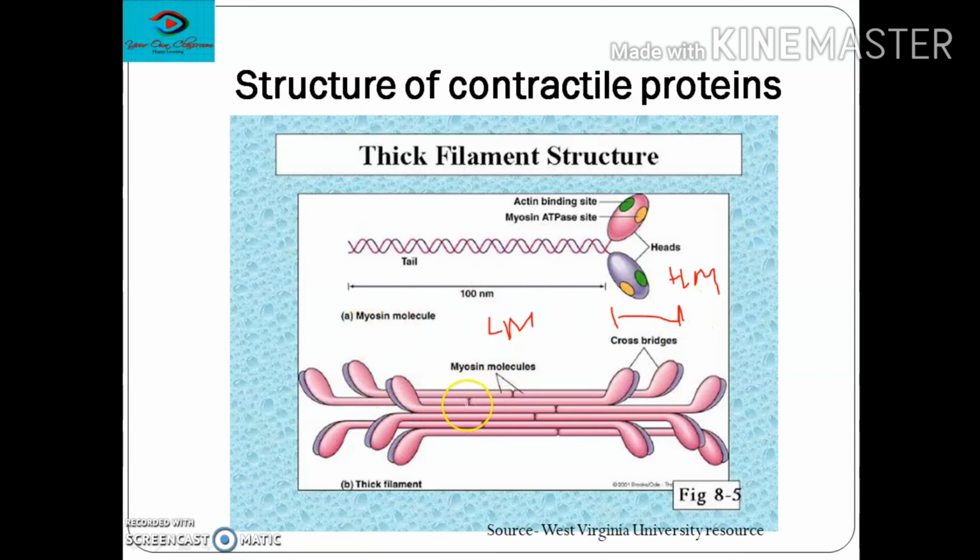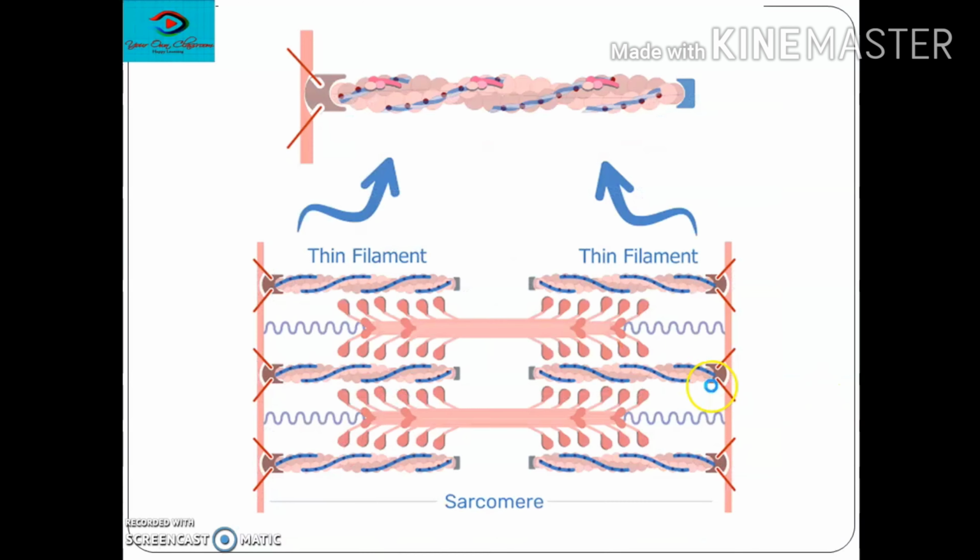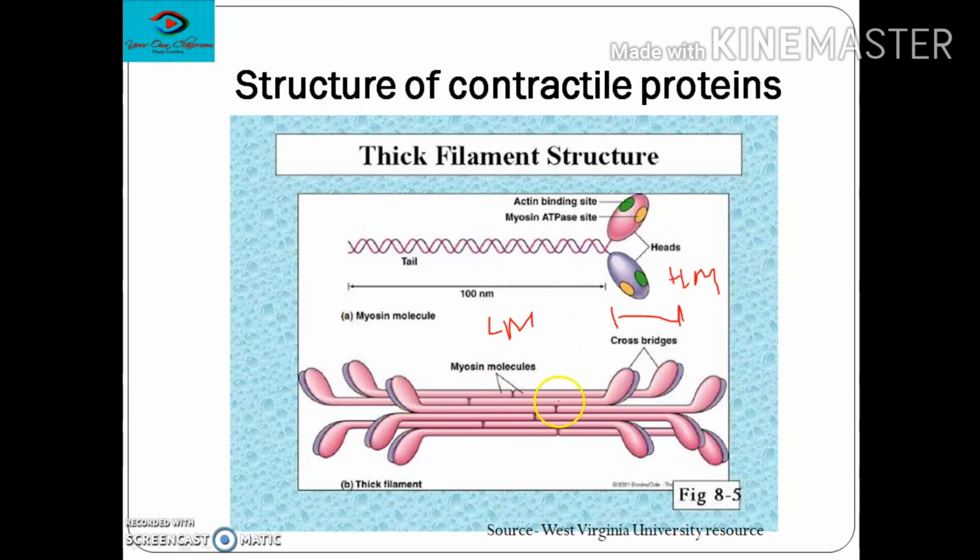And when myosin molecules are present in the sarcomere, they are present as if their tails are attached to each other. So this kind of structure is seen. It will be very clear from this diagram. As you can see, this is the thin filament here, and this is the cross bridge of the myosin, which is attached with the thin filament. And by orientation, you can understand what I was saying here, that two myosin molecules attach to each other with their tails.